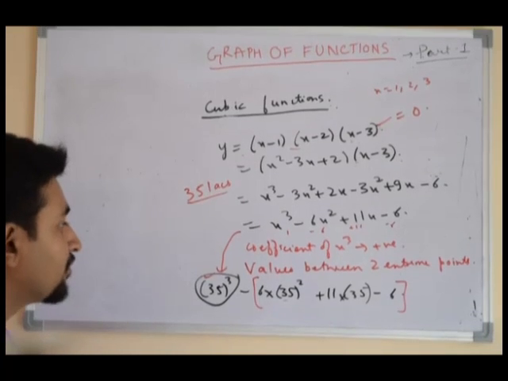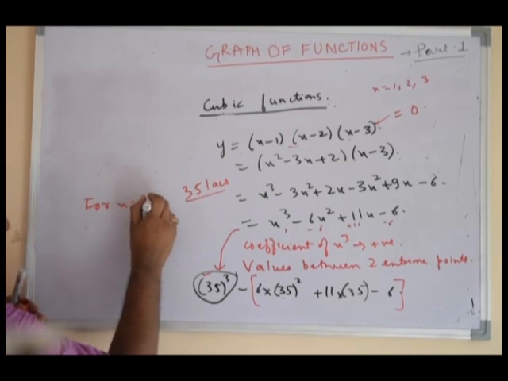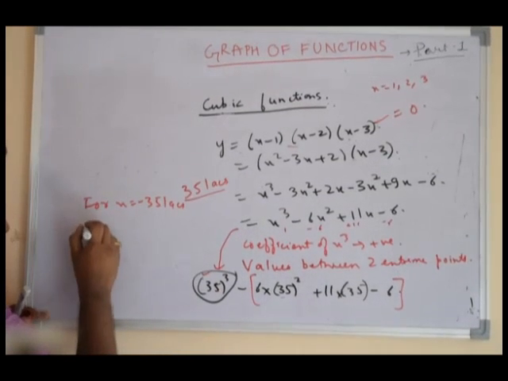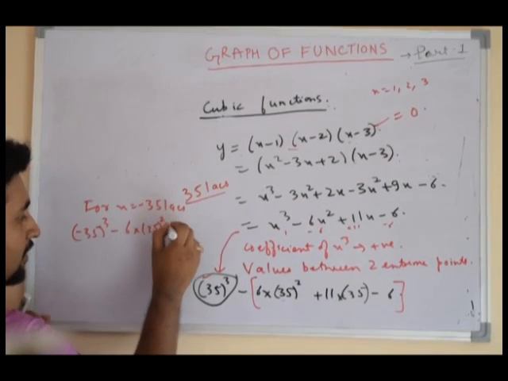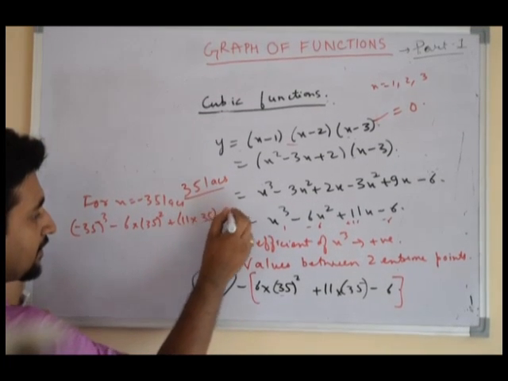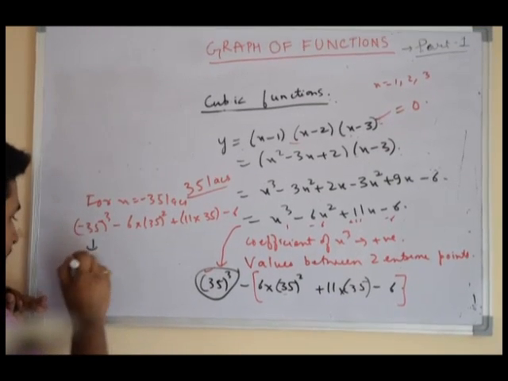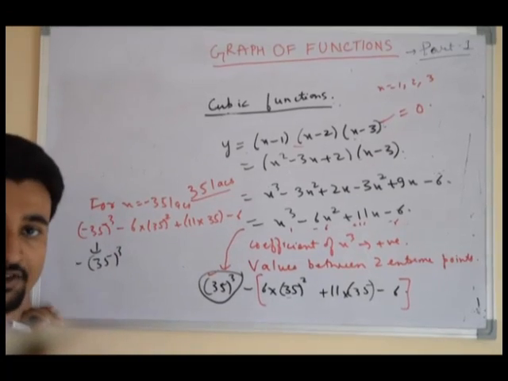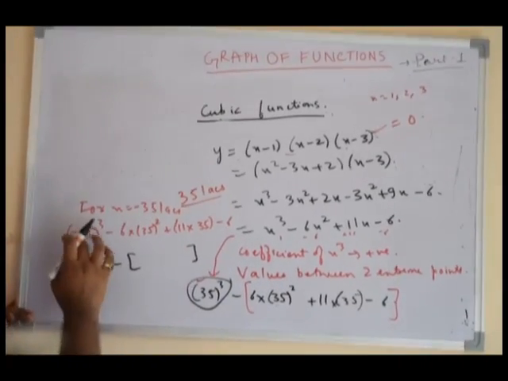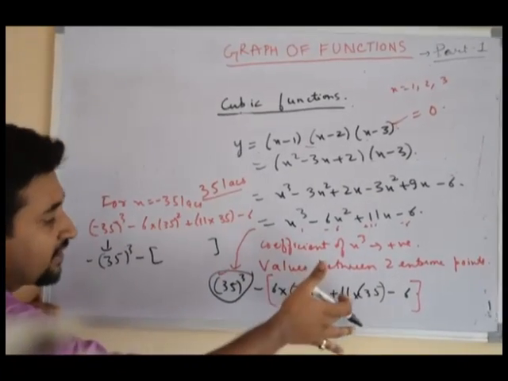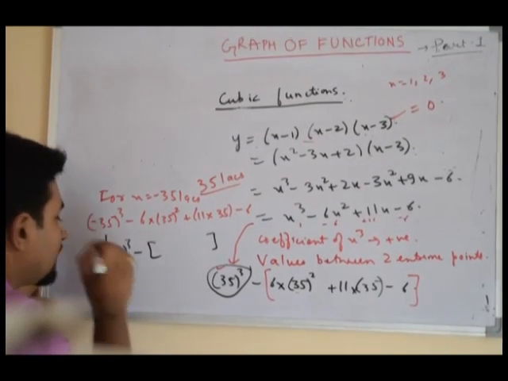Now suppose I take the value of x as minus 35, minus 35 lakhs actually. So what would you get here? Minus 35 cube minus 6 into 35 square plus 11 into 35 minus 6. Now simply again, minus 35 cube will turn out to be minus of 35 cube, because minus 1 to the power cube will become simply a negative sign. So minus 35 cube, and here the rest of the terms. This value is actually much greater than this, as I have explained here. So whatever will be the sign of the function, that will solely depend on this thing only.